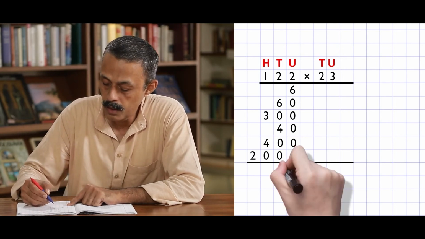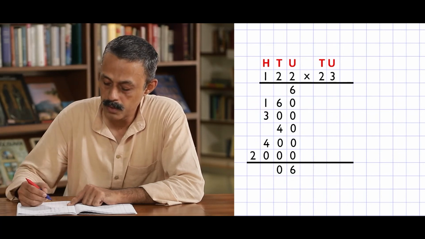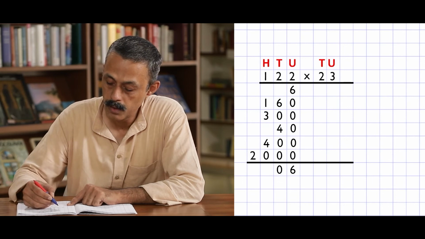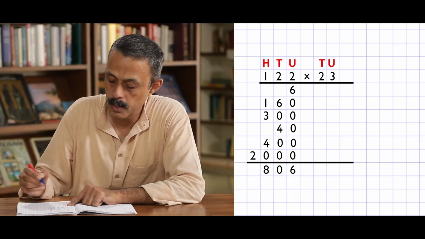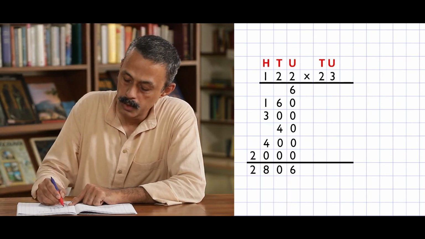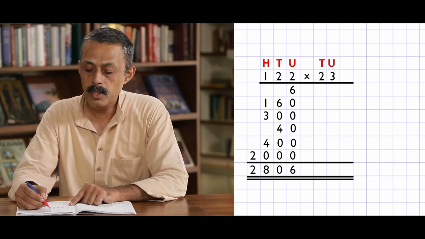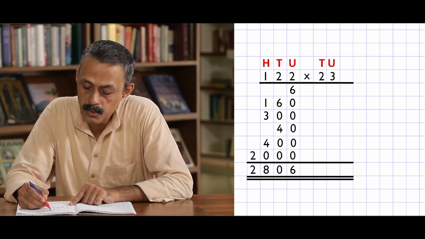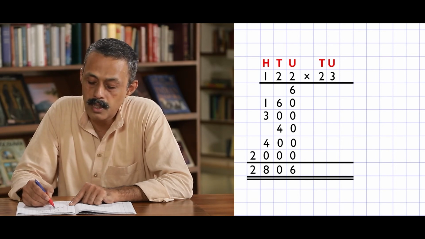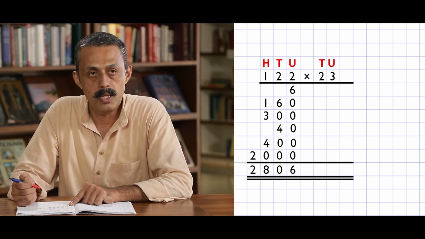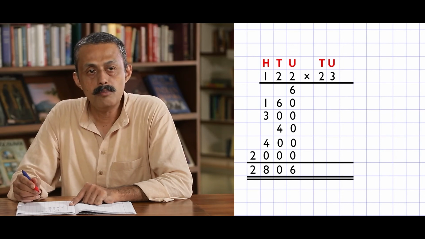Let us add it and see. 6 and 4 is 10. 1 we carry over. 3, 4 and 8. 2. This is the answer. What we see here is, when we multiply from a tens position, the 0 comes here, and when we multiply from 100 position, the 0 comes here. So this is multiplication in the abstract form.